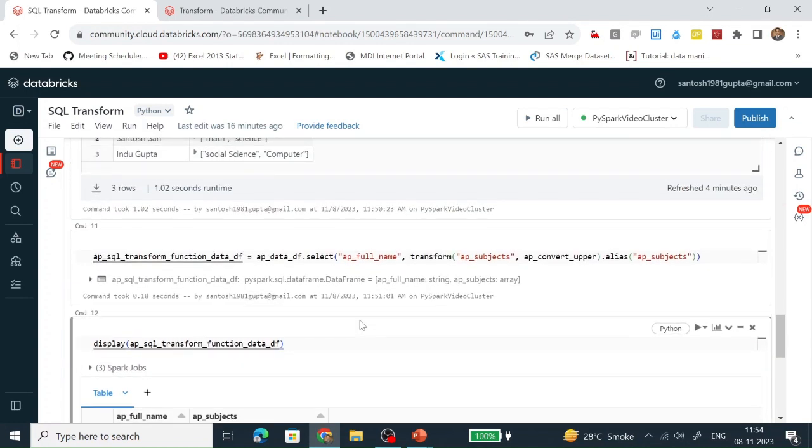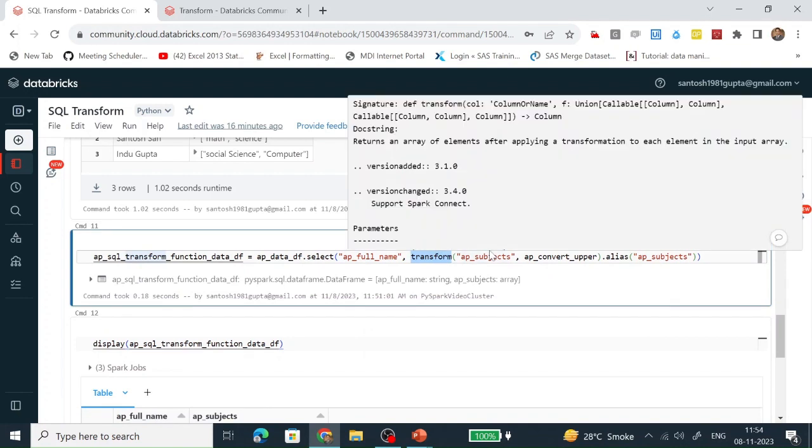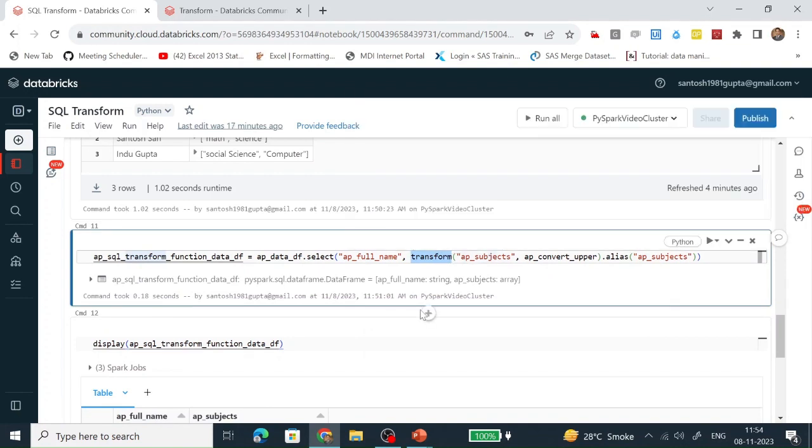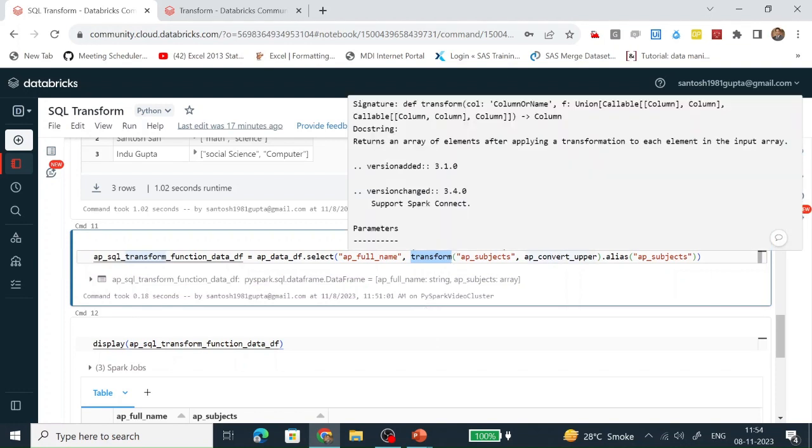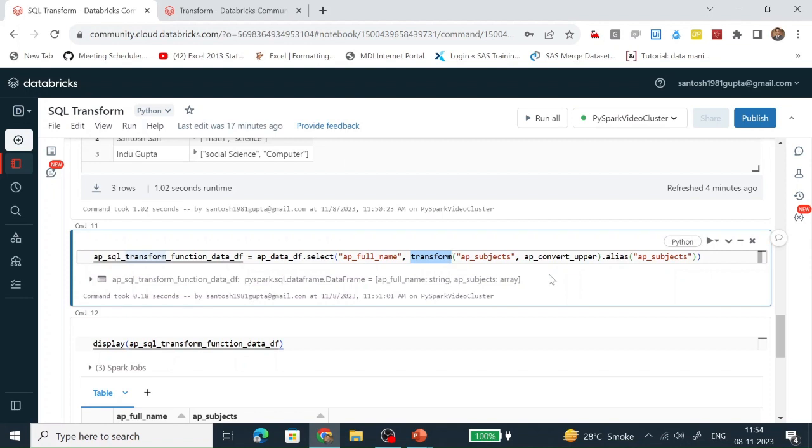So we have seen how we can apply the transform function with the help of a lambda function and with the help of a custom defined function to make a transformation on each and every element of an array type. We performed all those operations on the ap subject column, which is of array type.